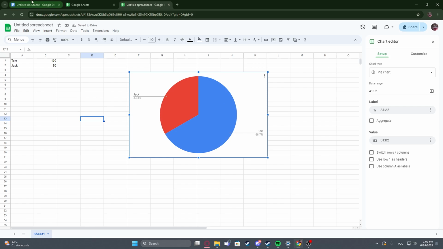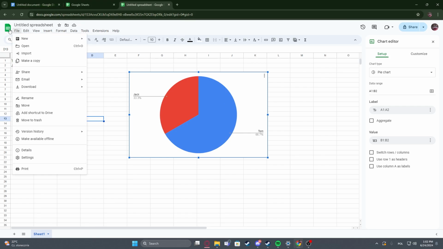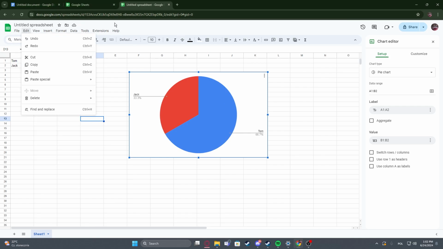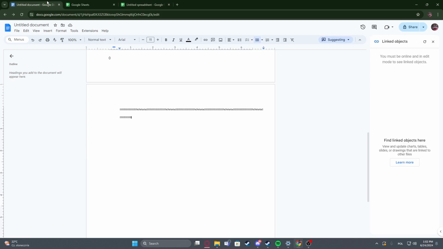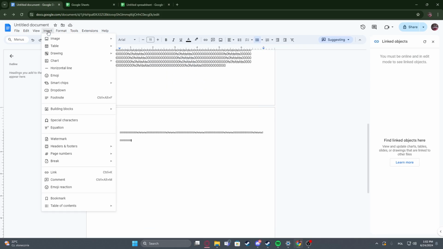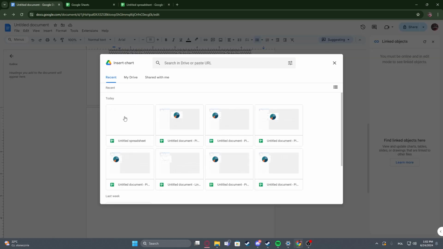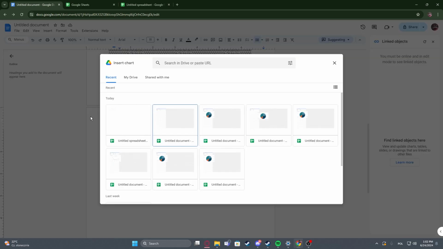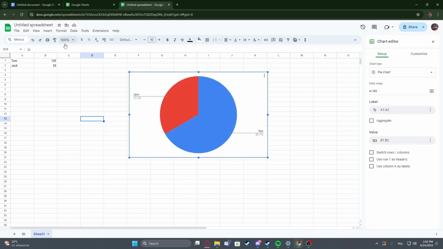Now to actually import it, we'll need to save our document. It should save automatically, and now we can go to the Google Docs and import our chart. So we're going to click on Insert, Chart from Sheets, and then click on the last Google spreadsheet that you created. Also, we can change the name, so Doc,